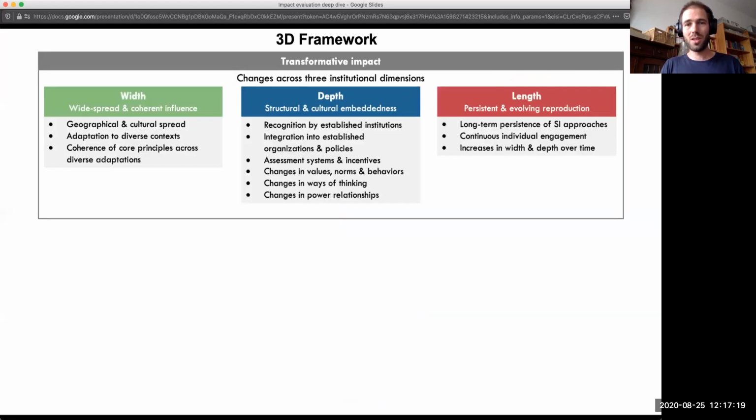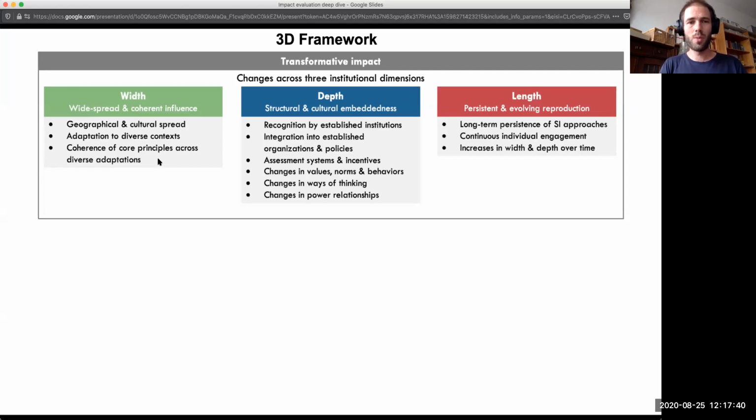So then we can use those 3 dimensions for talking about transformative impact specifically. So I'll just mention a couple of examples here. If we think of, for instance, basic income. Most people know this example, so that's why I'm using it now. It's not so widespread yet.